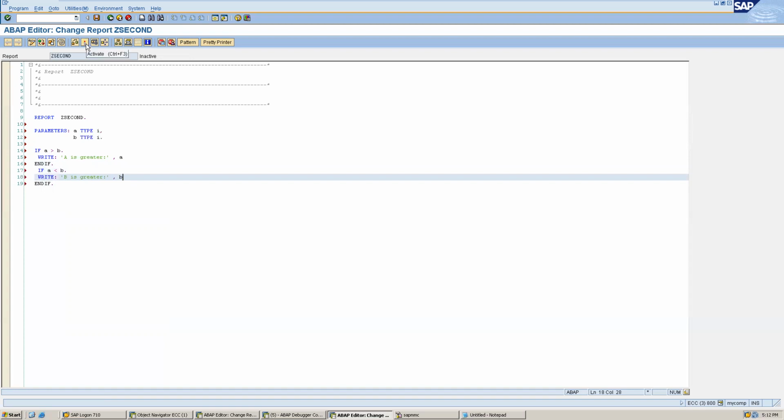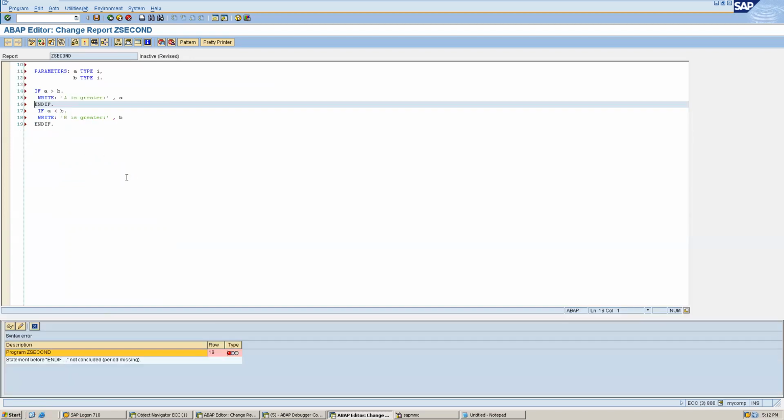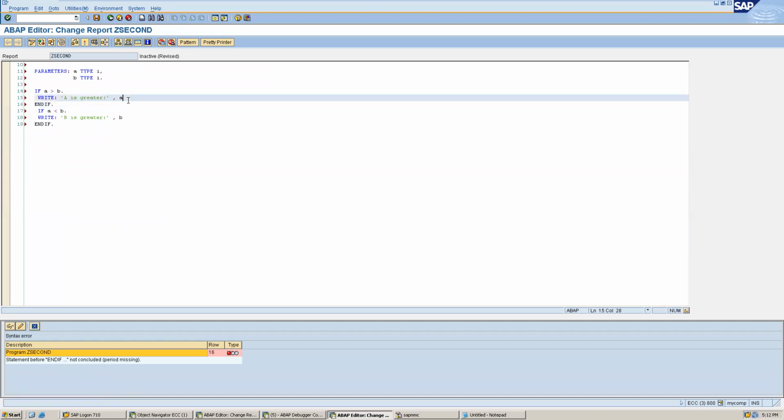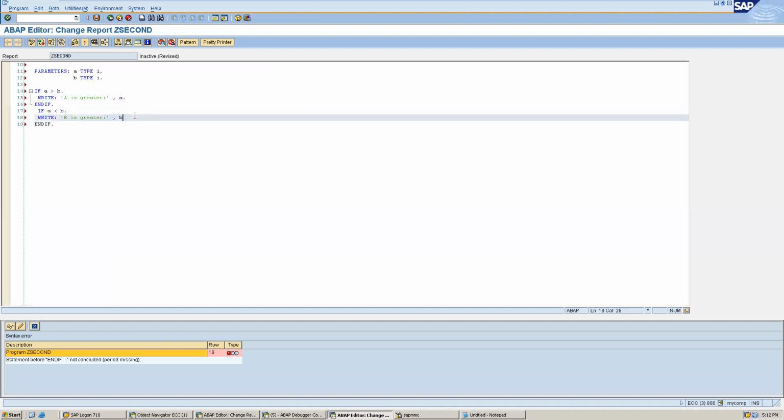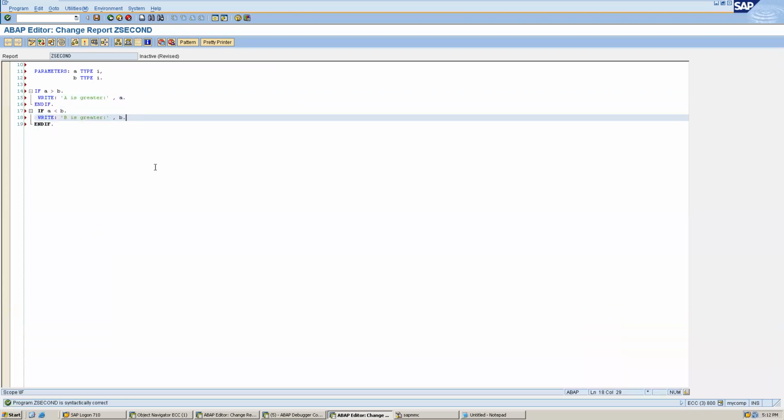Now let's activate this program. Before activating, let's check. Oh, sorry, I forgot to put the dot. My bad. Here you can see it says period missing. Period means this dot. Let's check before activating, and everything is fine.